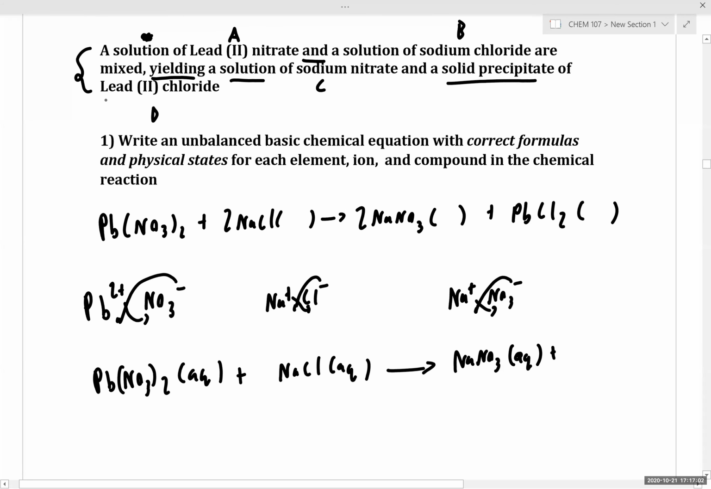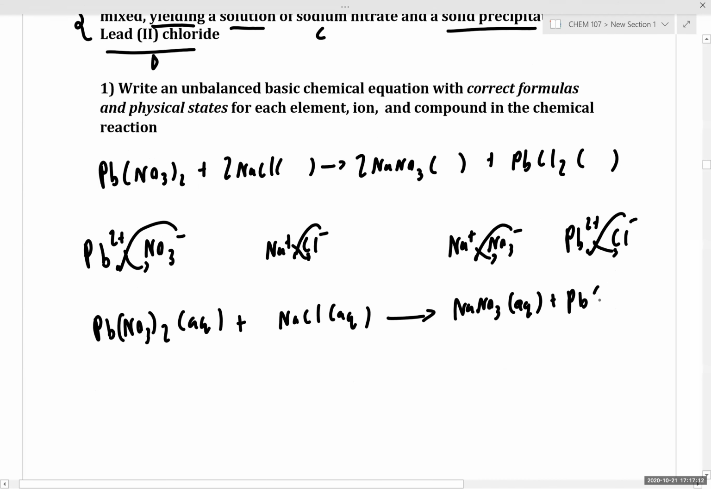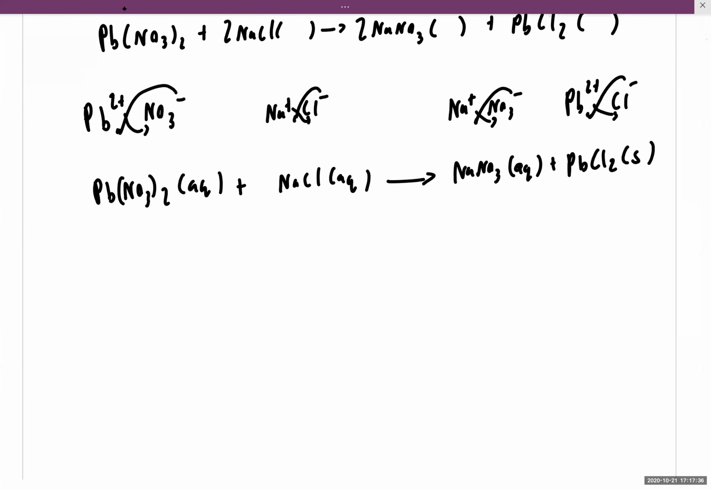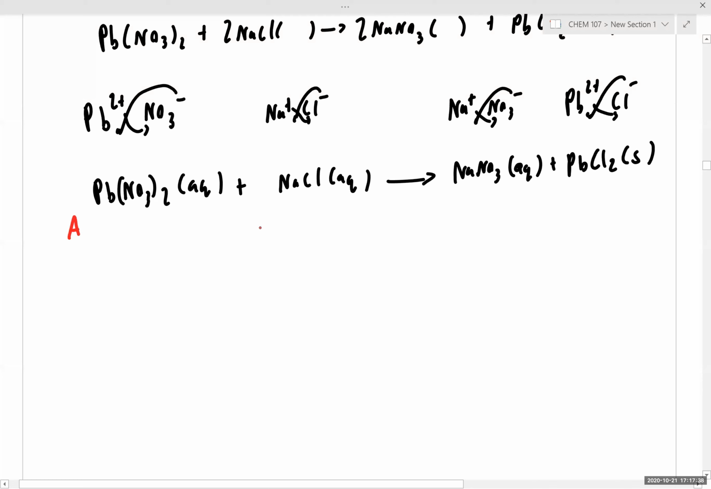And for a solid precipitate of lead 2 chloride, so lead has a 2 plus charge, chloride is Cl minus. We cross our charges and that gives us PbCl2. And since it's a precipitate, what symbol do we put? Solid. Yep, exactly right. Perfect, perfect. So now that we have our unbalanced chemical equation,